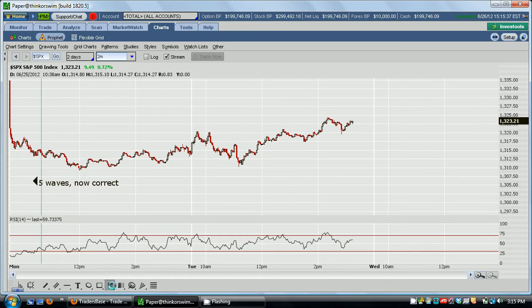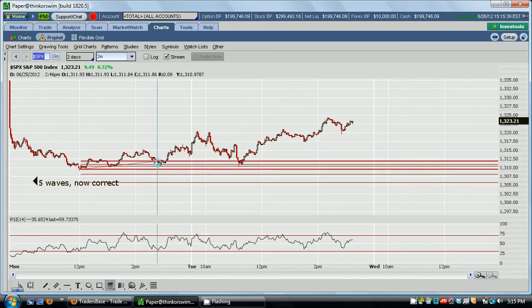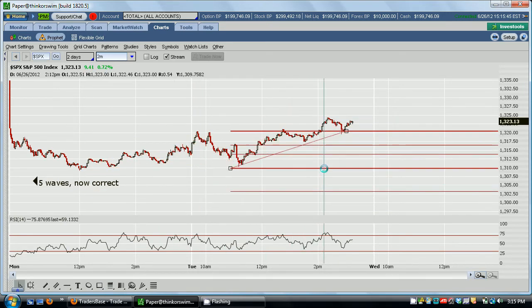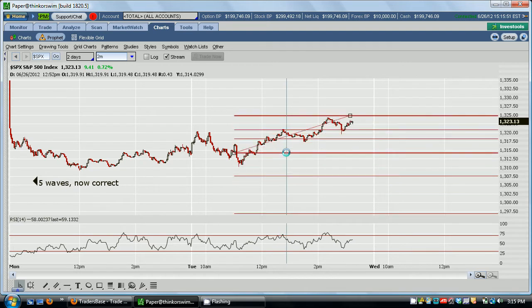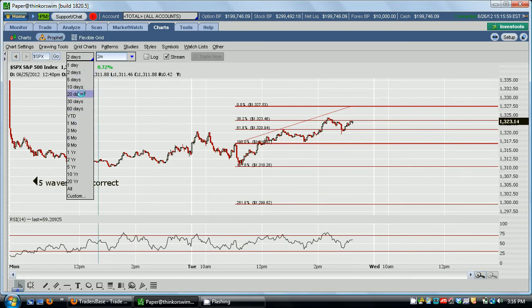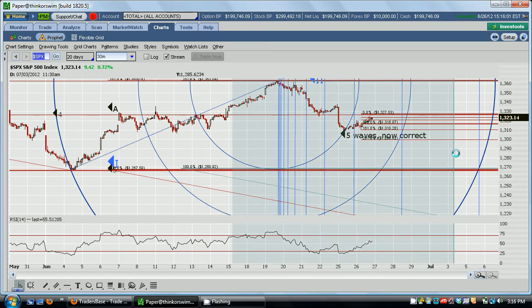So just to do proportionality targets, we can take 100% and then project that off the bottom. Now we see that's broken the 100% mark earlier in the day, so that means this would be extended. So that gives us an actual target of just about 1327.50. Okay, so 1327.50, once again going back to the chart from the top to the bottom,